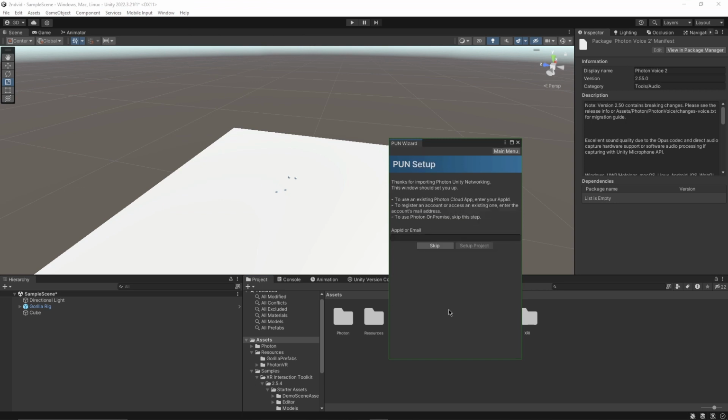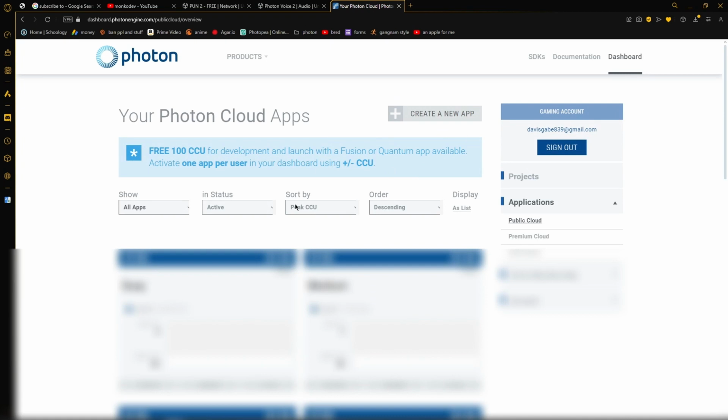Now go to the fourth link in the description. It should take you here. It might pop up with a download, or not a download. It should pop up with a sign in thing. Just make an account if you don't have one, or sign in. So just click create new app,